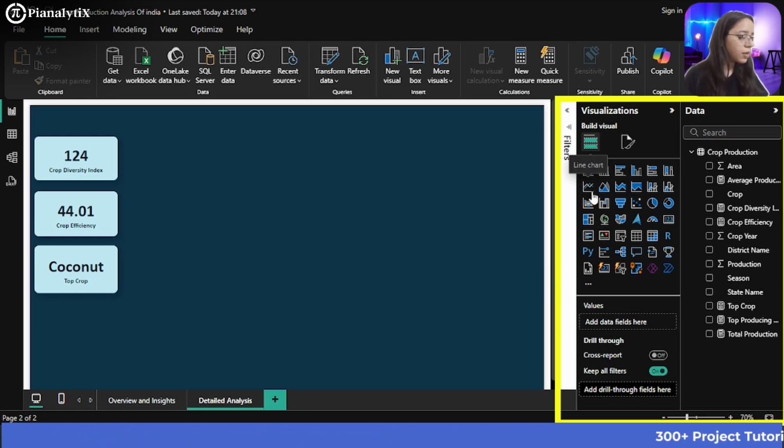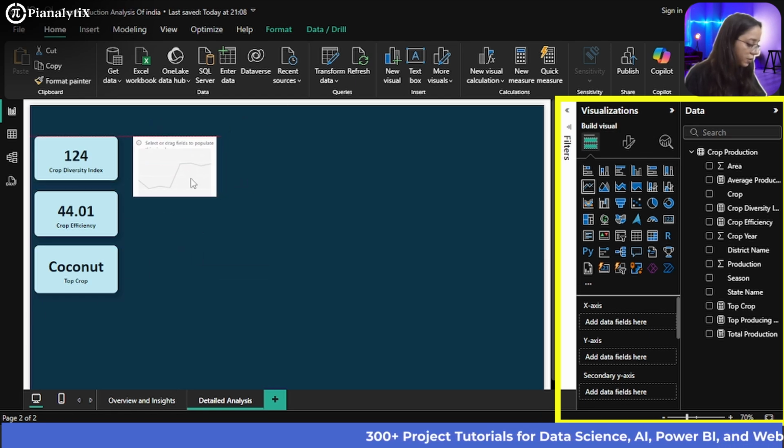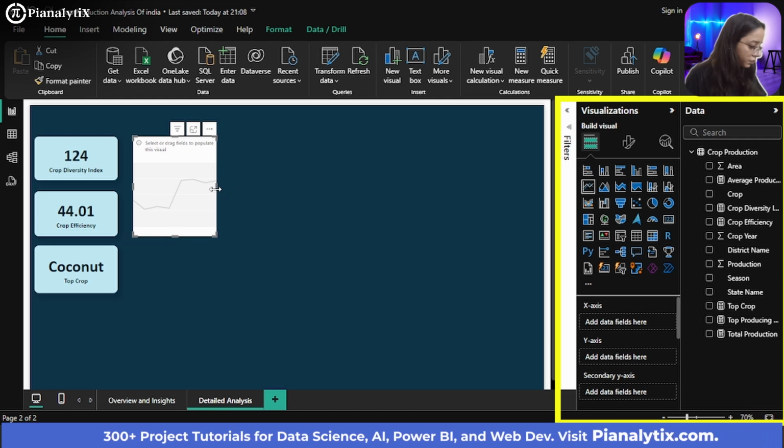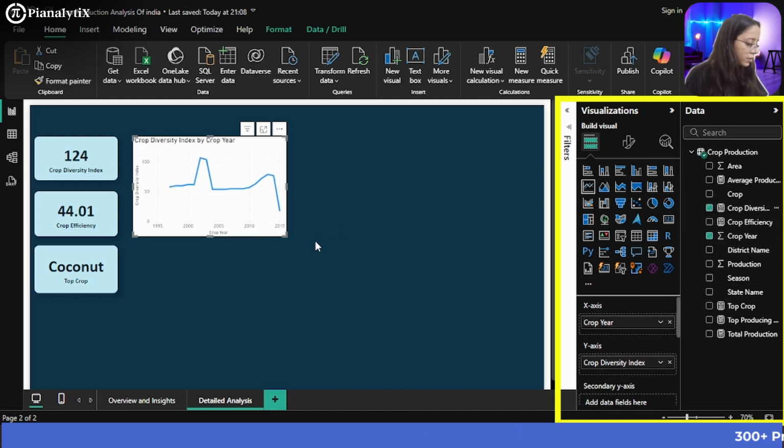I will choose a line chart from here, drag it over here, and resize it. I'm going to put crop year on the x-axis and crop diversity index on the y-axis.